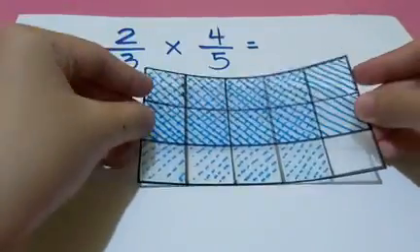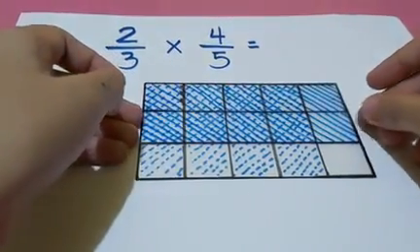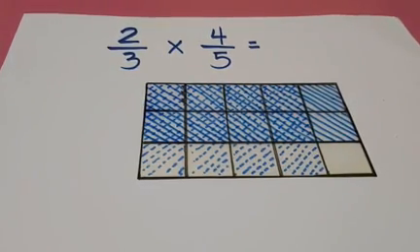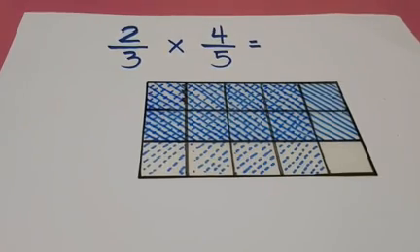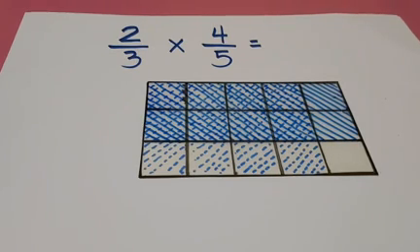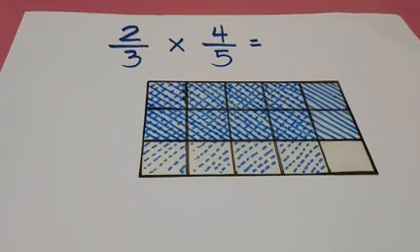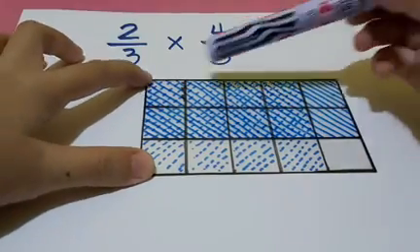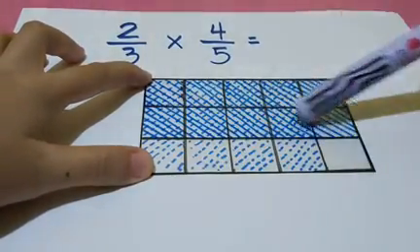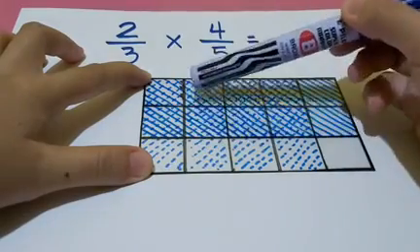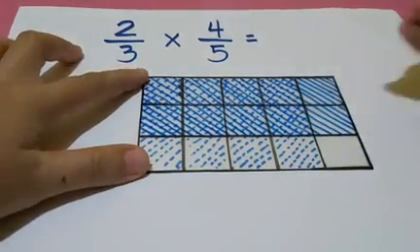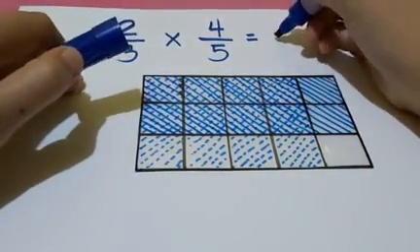Okay. So, this is the combined model. Now, let us count the total number na nabuo nung pinag-combine natin yung dalawa nating models. Because that will be our denominator. So, ilan yung total number na nabuo? So, we have 1, 2, 3, 4, 5, 6, 7, 8, 9, 10, 11, 12, 13, 14, 15. That will be our